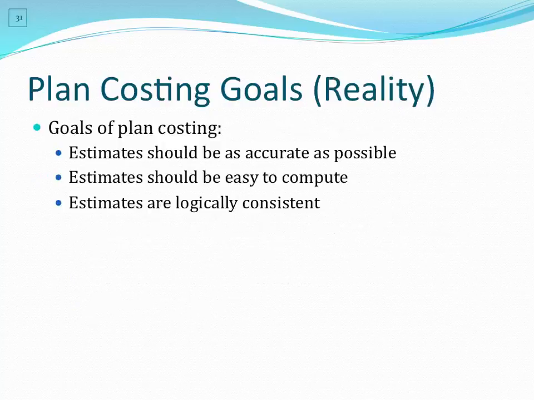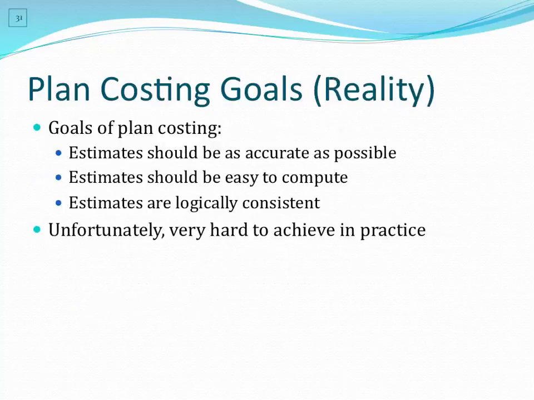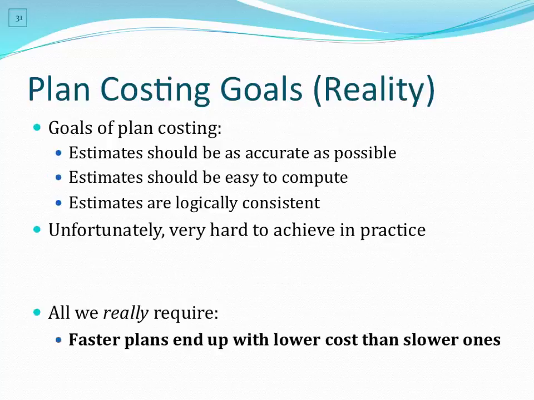But the reality is that it's not that good. And so all we really care about is that faster plans end up with lower costs than slow plans. If they do, then we'll generally choose the faster plans when we generate our options and we cost them. That's really our goal here, is that we want to end up with faster plans having lower costs than slower plans, no matter how good or bad the estimates in between are. Okay, are there any questions? We will talk about this more next time and get into